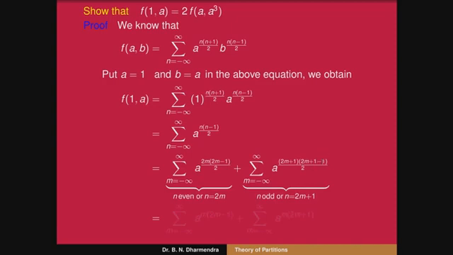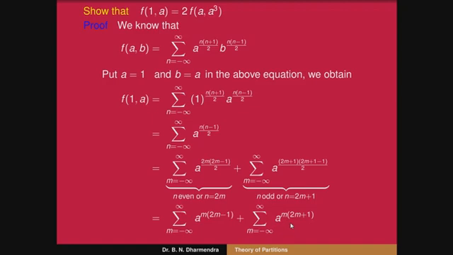Here plus 1 and minus 1 get cancelled, and the terms containing 2m only, the numerator 2 and the denominator 2, you can cancel. Here also 2 is there in both numerator and denominator, so we can cancel the terms. It can be written as m running from minus infinity to plus infinity a to the power of m into (2m plus 1), that is the first term. The second term is m running from minus infinity to plus infinity a to the power of m into (2m plus 1).